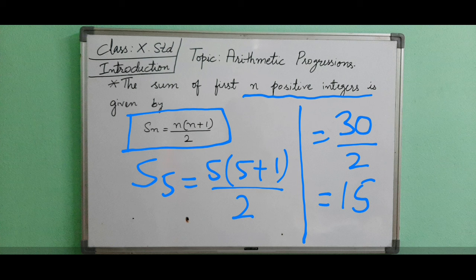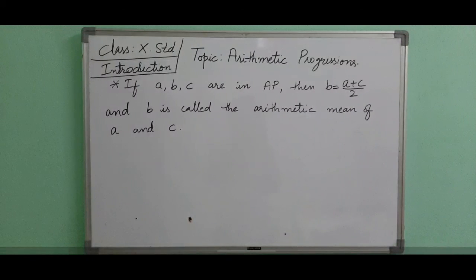And we have to apply the same procedure for the next. If we want to find the addition of 11 numbers, it means we need to take n as 11. This is one more concept in arithmetic operations. Now we will see the last concept and what is given here.